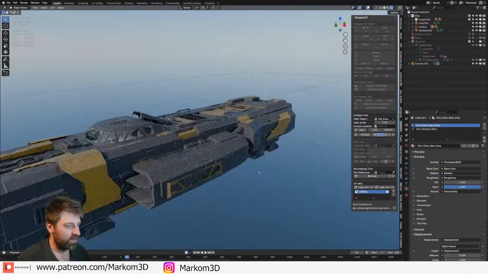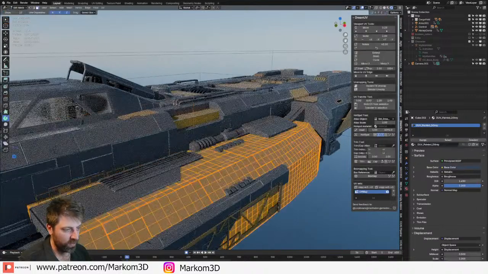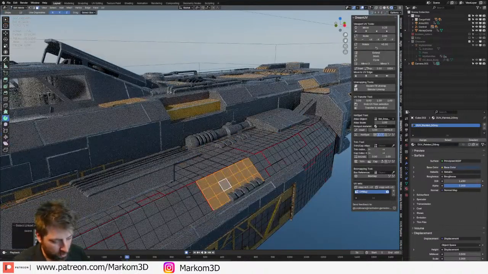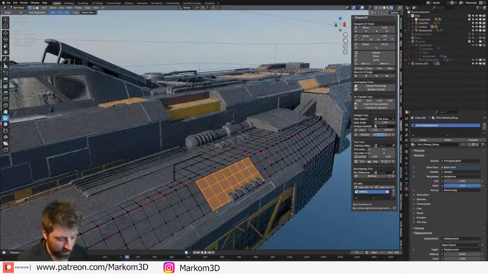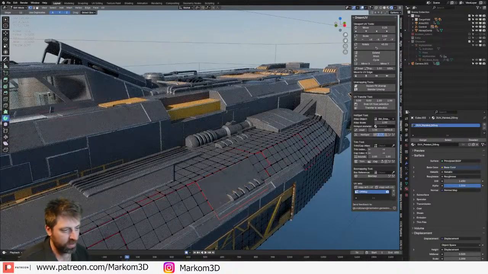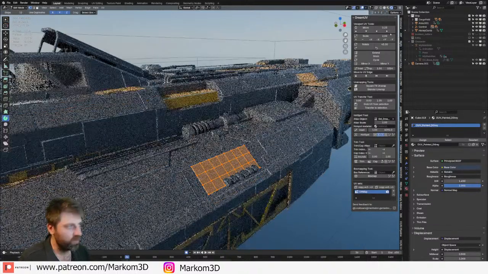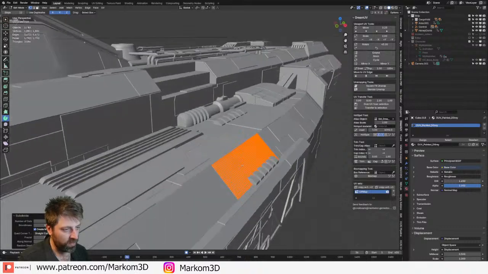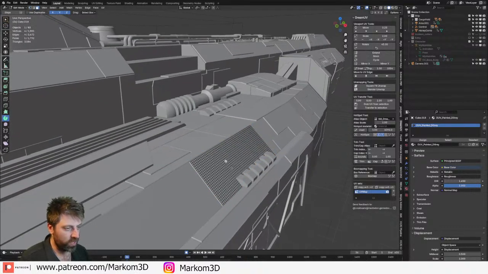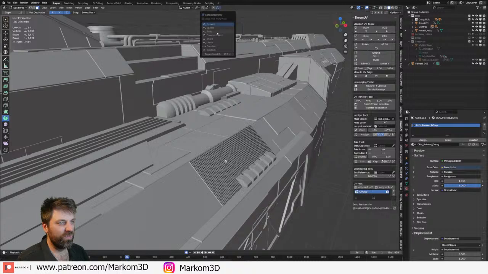Or you could actually just model it. So for instance, if I were to go into here, let's go P, separate by selection. And then for instance, we could go subdivide, subdivide, subdivide. A little bit extreme. Let's go random.